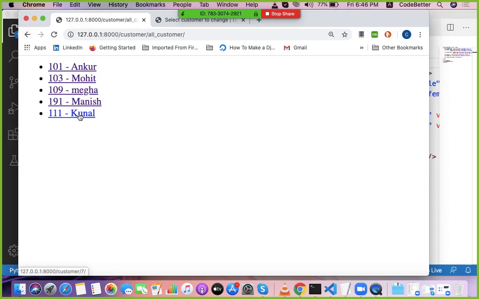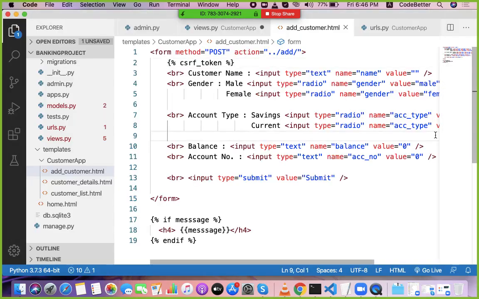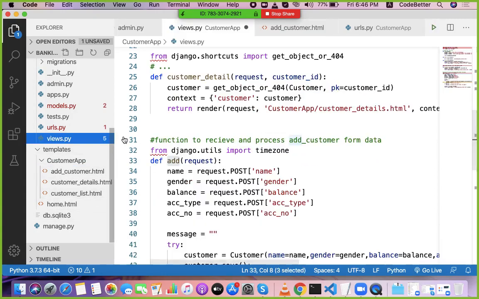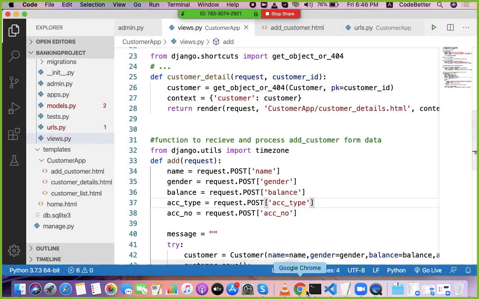Yes, I have the Kunal data. So the data is submitted, so maybe I made some mistake there. Okay, there are 3 S's I have added here, and in the views I have message with 2 S's. Okay, got it. So let's run it again and check.